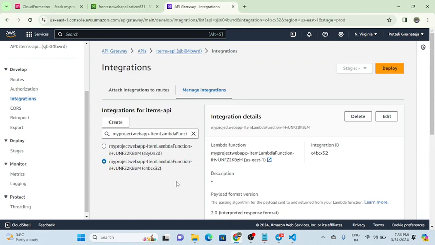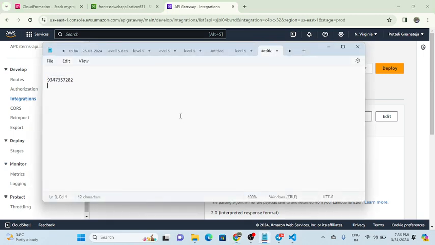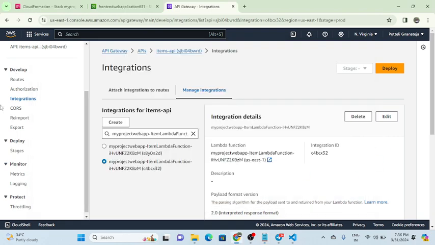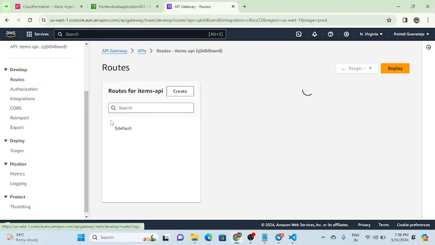After creating this, it will show the two, and we have to copy this. We have to copy this and paste it in notepad, which will be useful for the next further steps. Then we have to go to the routes,